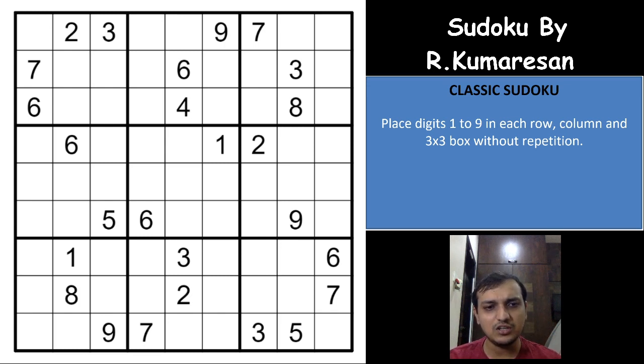So today we'll be seeing a uniqueness technique called BUG. In other words, it is called the Bivalue Universal Grave technique, right? BUG is nothing but a uniqueness trick that is used to short circuit the Sudoku in an easier way, or in other words, it's used to solve the Sudoku much faster rather than having a logical flow, right? We use it in such a way that we know the Sudoku is a valid Sudoku which has only one solution, and assuming that, we use the BUG technique so that we can solve the Sudoku faster.